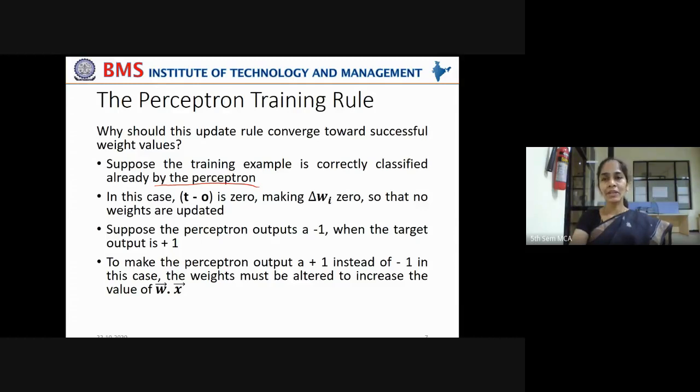If there is no deviation in the prediction, if the prediction is correct, in this case, T minus O, T is your training output, O is your perceptron output, prediction, and there is no difference between them. Prediction is correct. In that case, T minus O is 0, making delta Wi 0.